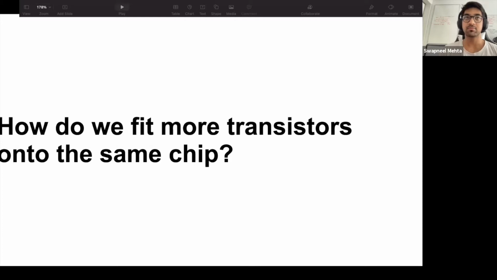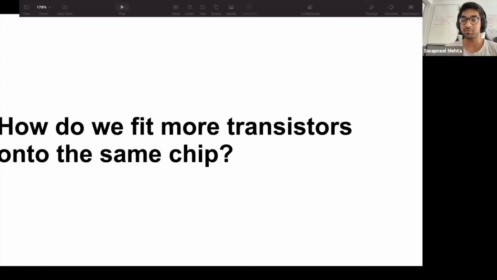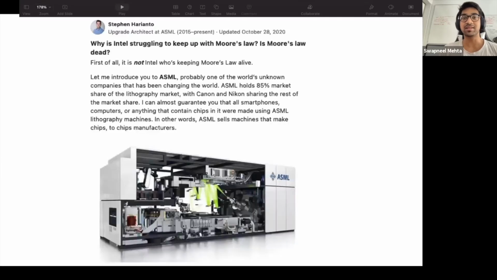Small size thing like that, making them fit to that is fairly straightforward. The smaller you make your transistor, the more of them you're going to fit on the same chip, right? And interestingly, I started looking this up, and it turns out that someone else might be a much bigger contributor to making chips smaller than companies like Intel, because I think Intel uses a machine by a company called ASML,